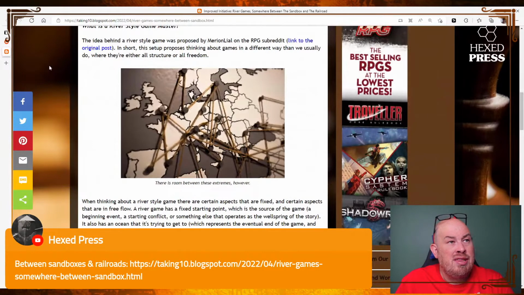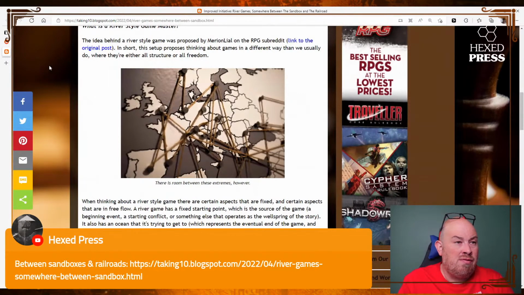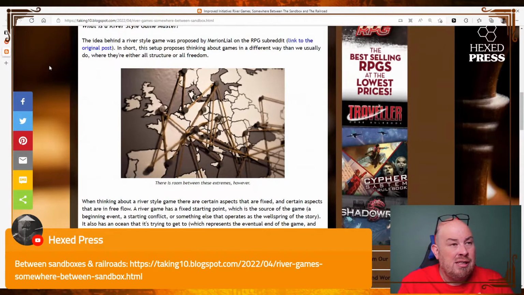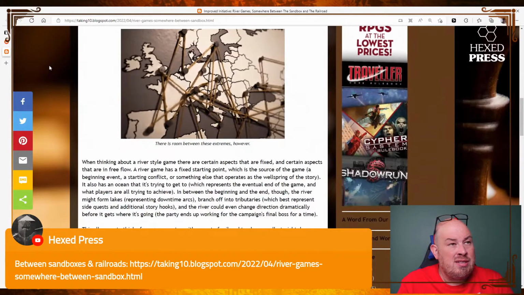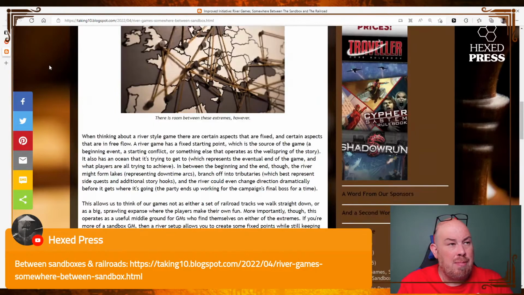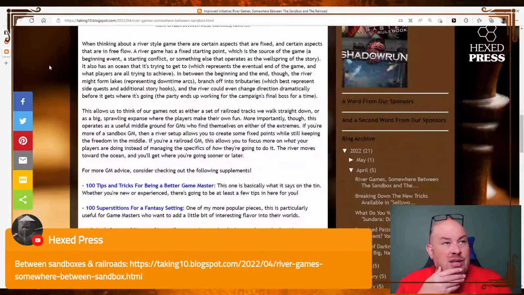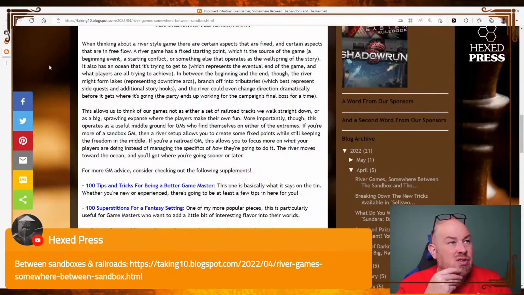In short, the setup proposes thinking about games in a different way than we usually do, whether they're either all structure or all freedom. And here we have a picture of, I guess, strings stuck to a map with the caption, "There's room between these extremes, however." When thinking about a river-style game, there are certain aspects that are fixed and certain aspects that are in free